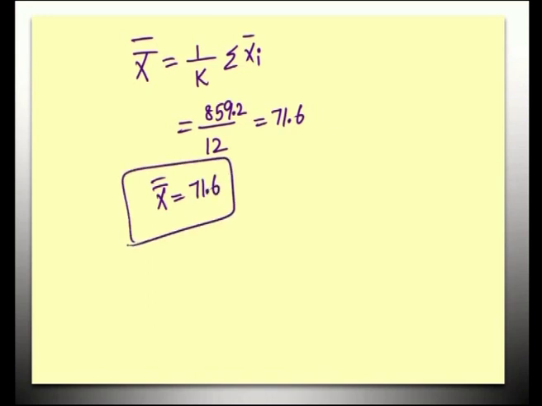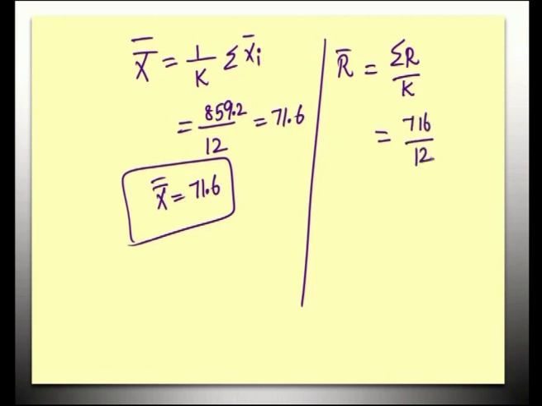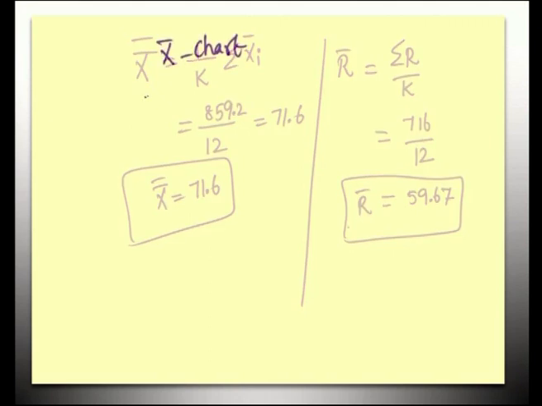71.6. Okay. And then talking about R bar, it is summation R divided by k. Summation R comes to be equal to 716 and there are 12 samples, therefore 716 divided by 12 is 59.67. So, R bar is equal to 59.67. We have to calculate x bar chart. For x bar chart,